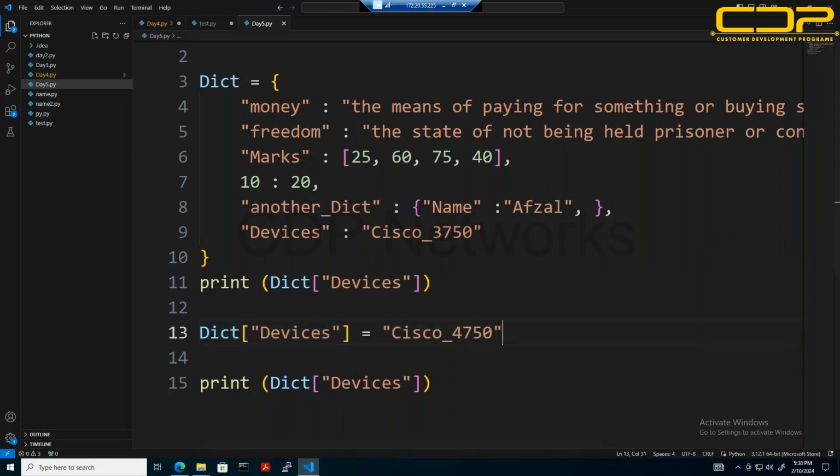Now, let's take an example. We don't want to modify, we want to add a new value. So it's again simple, but the problem is that we have to modify the device name. We cannot use the same key, because as we have said, it will be overwritten. So either we have to use device one or anything we want. Okay, so